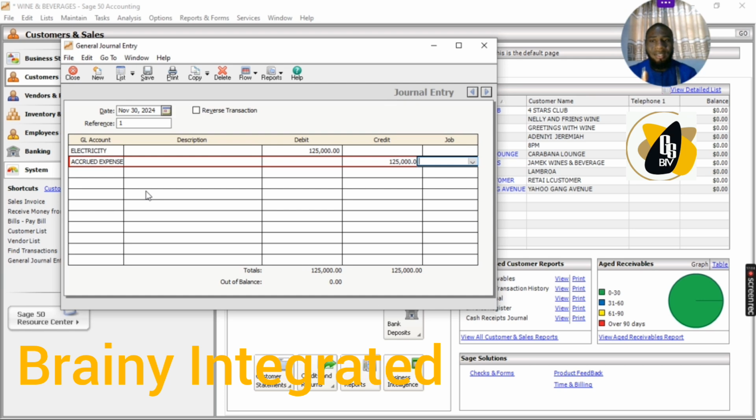The first thing that will happen is that the income account, the statement of profit or loss account, will be debited with electricity of 125,000 for the month of November, indicating that we have recognized that expense for that month of November. And the second thing that will happen is the accrued expense account, which is a liability account, will be credited,